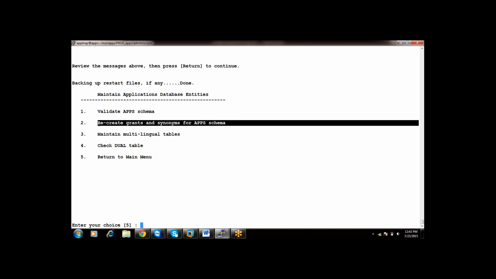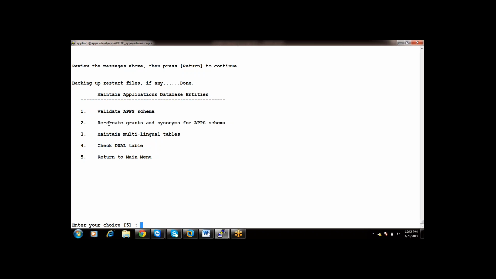Your apps schema will have grants on that table, and your apps schema will have one more object named AP_INVOICES, which is a synonym, an object with the same name. The synonym is owned by your apps schema, the table is owned by your AP schema, and the apps schema has the grant on that table. So if any synonym or any grants are lost on some tables, you can execute this to create grants and synonyms for app schema.